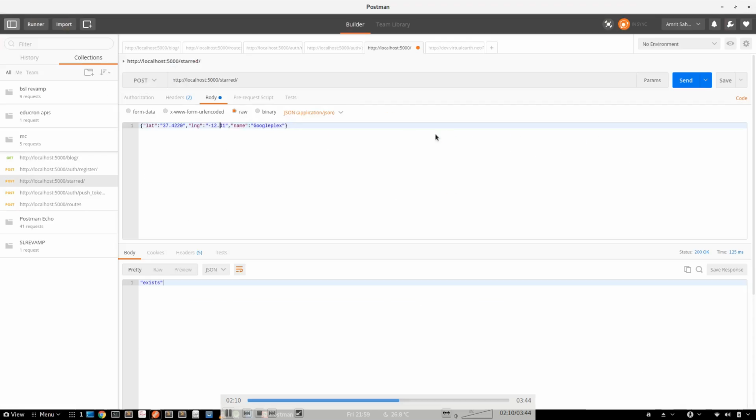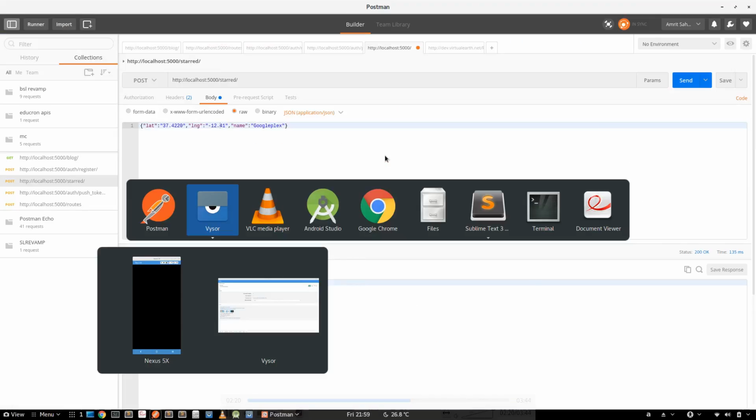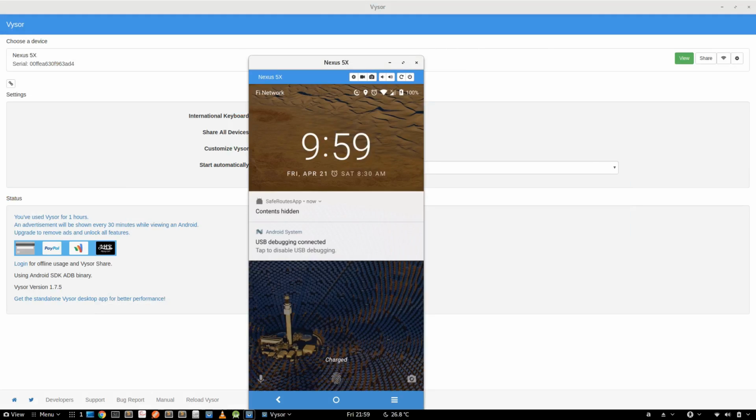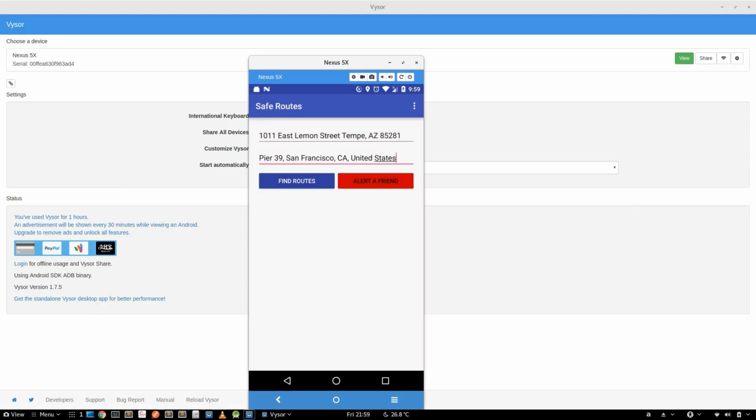So as you can see, on giving a post request, it returns the response success. So this is all part of the backend, right? And now we go back to the app, and here we open